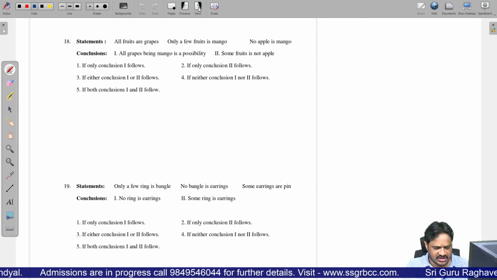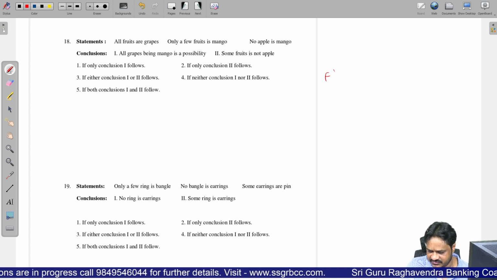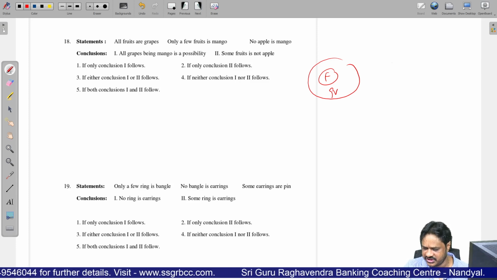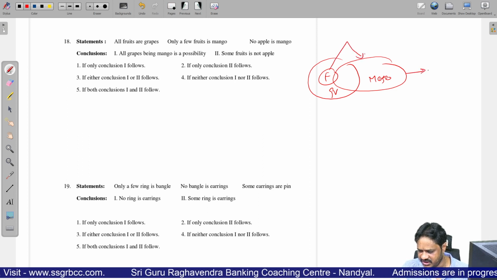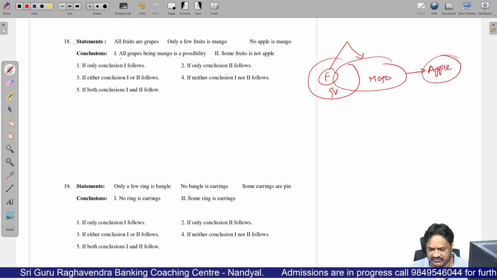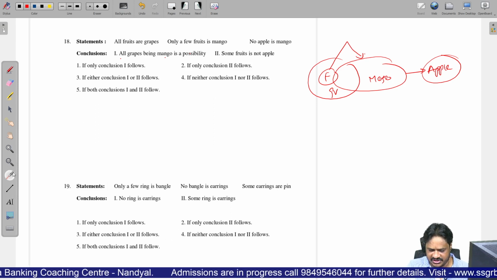All fruits are grapes. Next one, only few fruits are mango. Next one, no apple is mango. You have to see the first conclusion carefully. All grapes being mango is a possibility. So, if you see here,